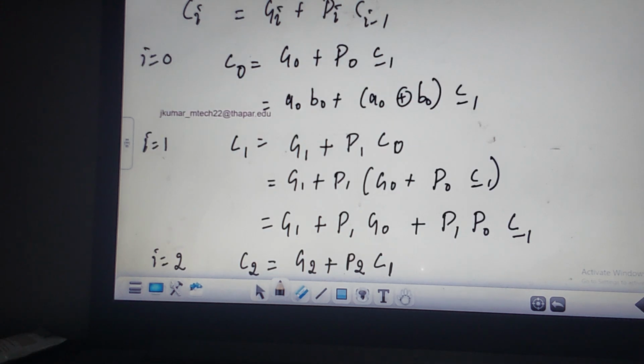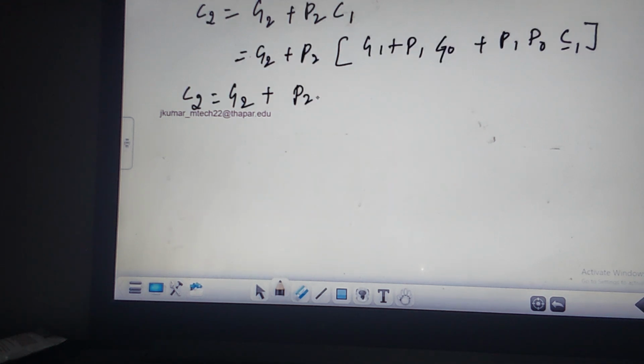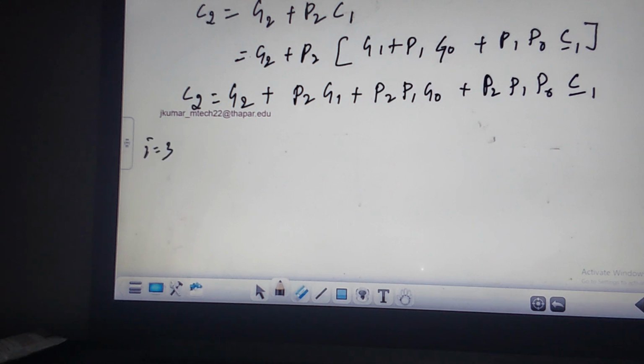So let us substitute this. C2 is equal to G2 plus P2 into C1. What is C1? C1 is G1 plus P1 into C0, no, sorry, G0 plus P1 into P0 into C minus 1. If I simplify this, C2 is equal to G2 plus P2 into G1 plus P2 into P1 into G0 plus P2 into P1 into P0 into C minus 1. You understand? Similarly, when I put i is equal to 3,